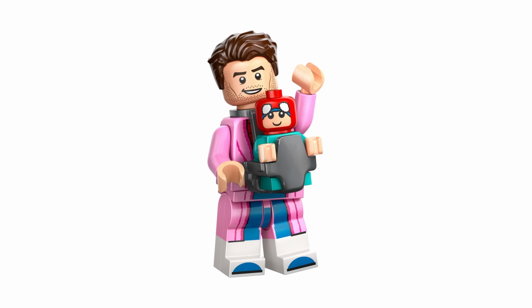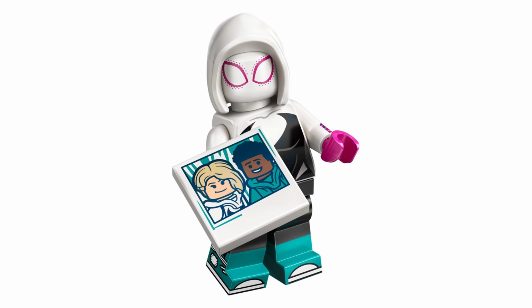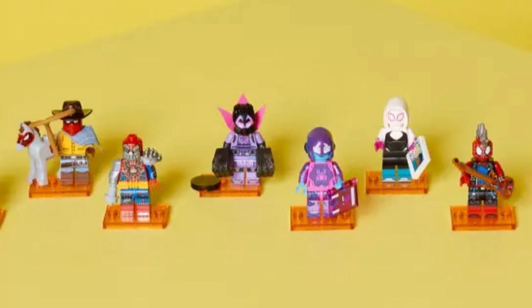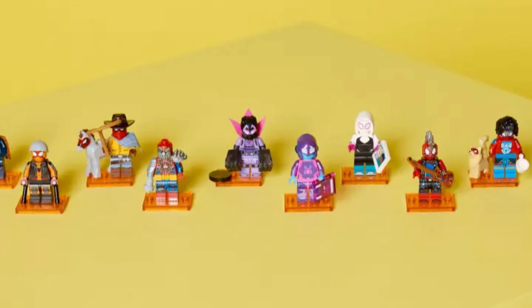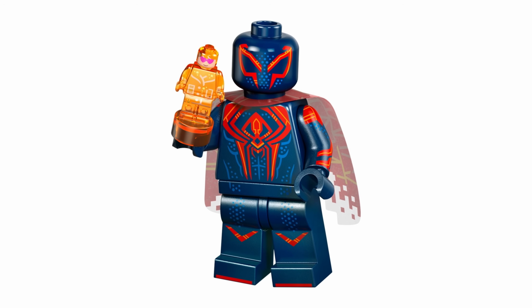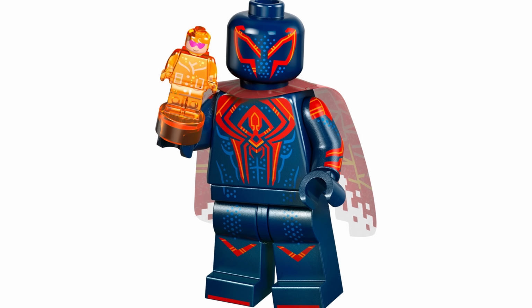This has to be one of the most detailed minifigure series yet, with dual moulding, double faces and side arm and leg printing out the wazoo. We also get the minifigure base plate in a translucent colour for what I believe to be the very first time. My favourite figure here has to be Spider-Man 2099, who was always my favourite character to play as in